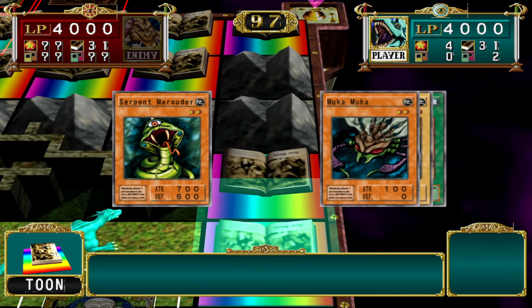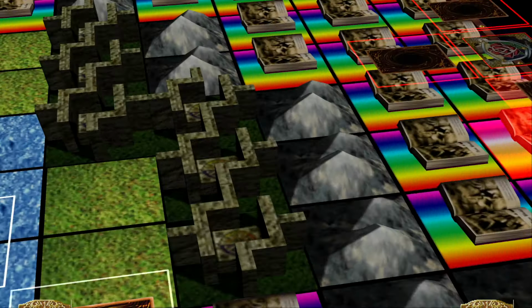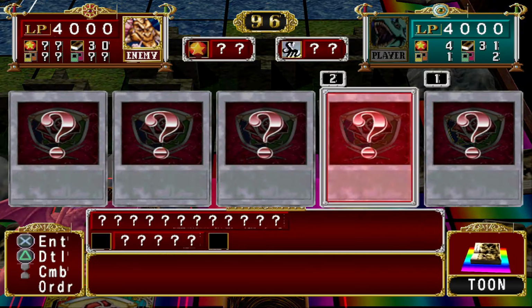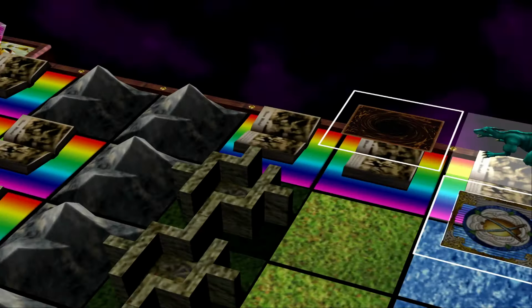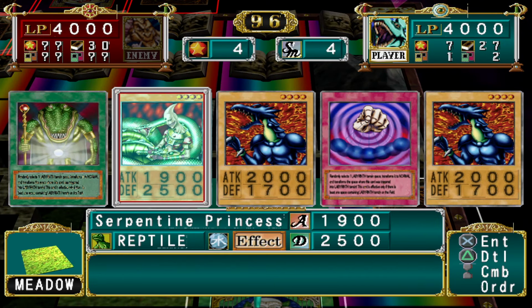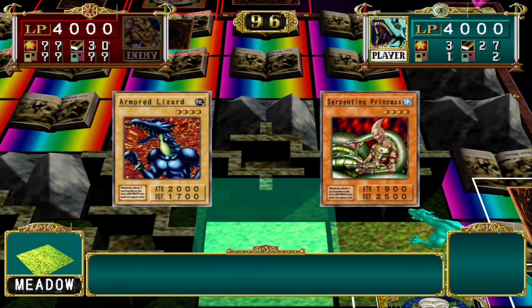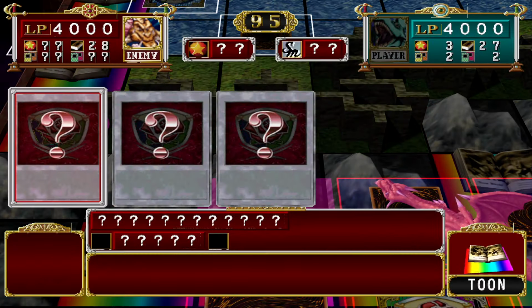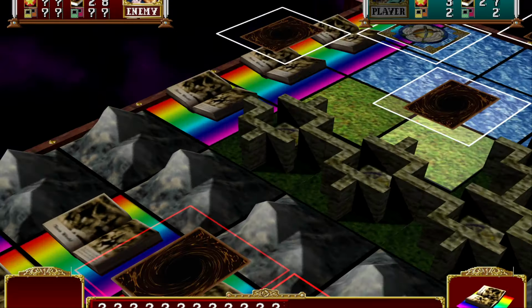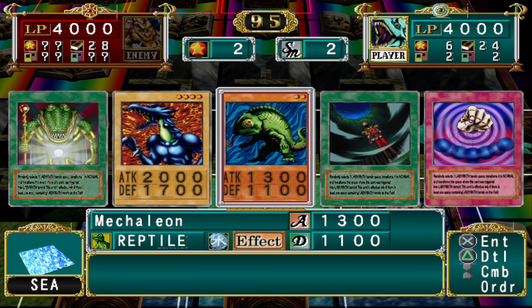Again, Muka Muka at this point in the game, not very useful, because there's not many cards in my graveyard. So we'll just use it to fuse off and then destroy itself, because that puts 3 cards in the graveyard instead of 2. So my third Muka Muka, if I ever draw it, will be a gigantic creature. I'm gonna get rid of an Armored Blizzard for Serpentine Princess, because I just want to get through my deck. Really, the only card that matters here is another Serpentine Princess, so...